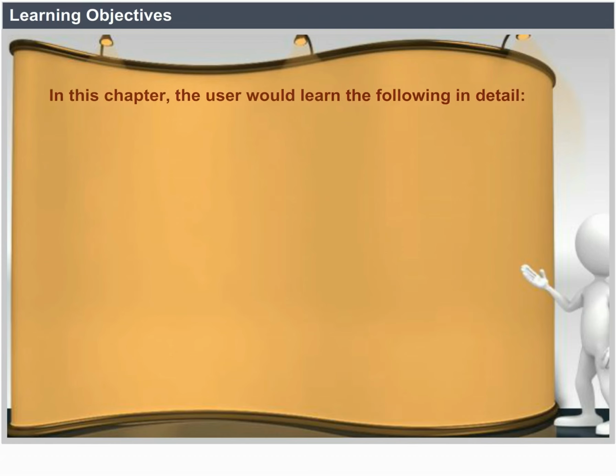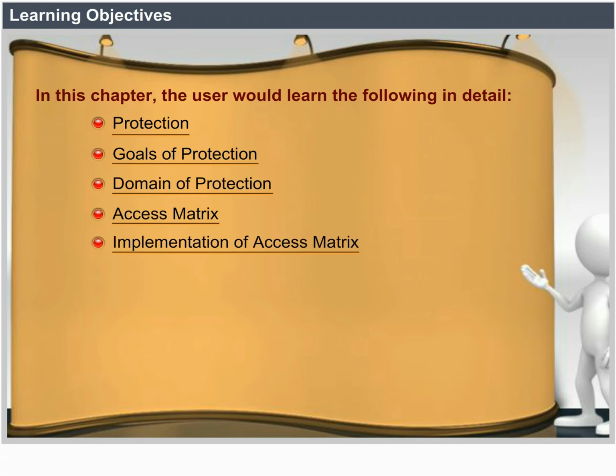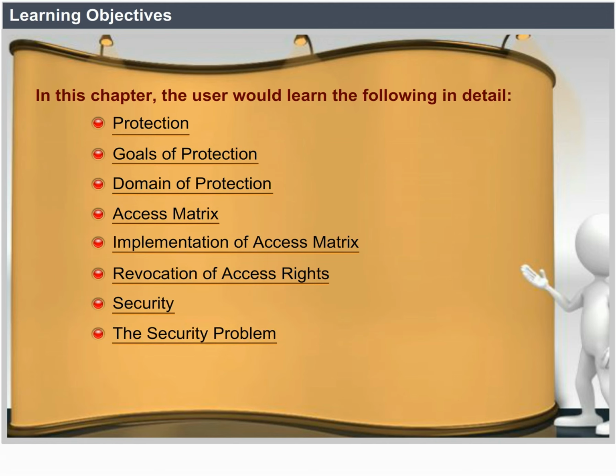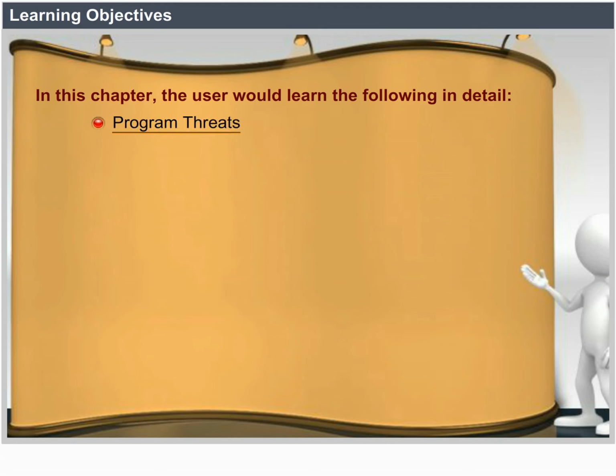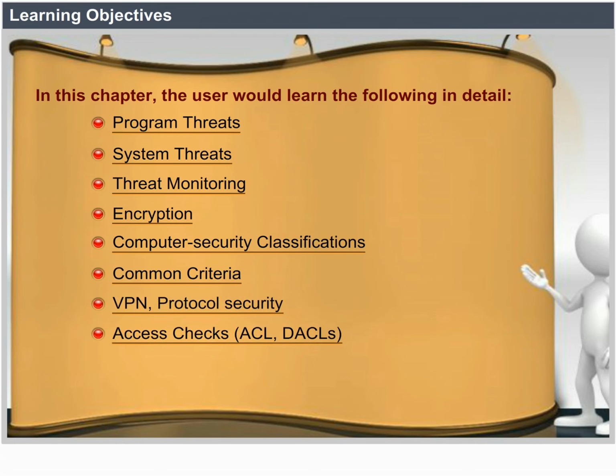Learning objectives. In this chapter, the user will learn the following in detail: protection, goals of protection, domain of protection, access matrix, implementation of access matrix, revocation of access rights, security, the security problem, authentication, one-time passwords, program threats, system threats, threat monitoring, encryption, computer security classifications, common criteria, VPN protocol security, access checks, ACL, DACLs, auditing and policy management,